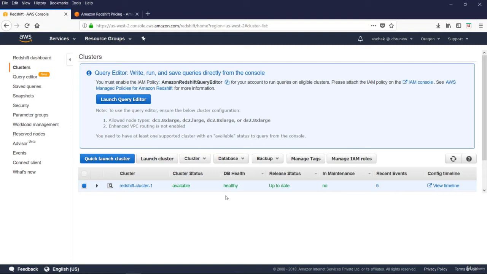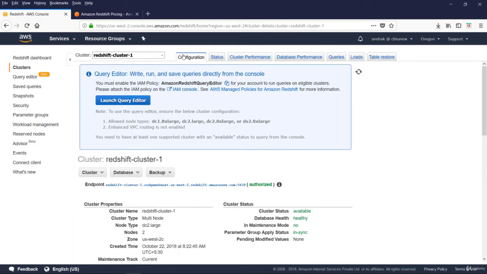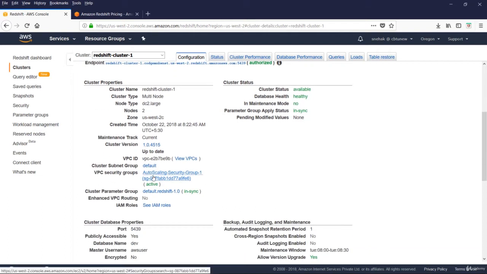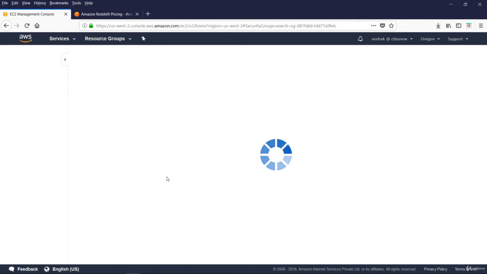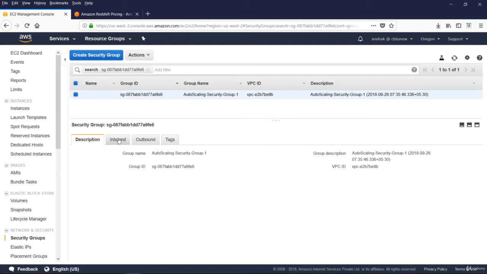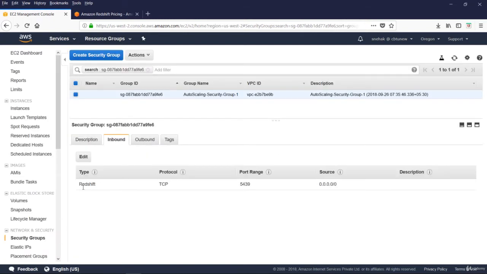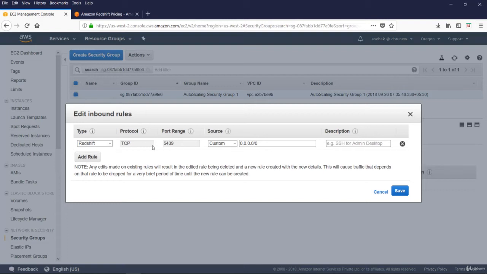Let us configure the VPC security group. We are in the configuration tab of the cluster. Select these VPC security groups. This opens the Amazon EC2 Management Console where you can configure the security groups. Security group, inbound rules. For the port 5439, the type is Redshift, TCP protocol, and source custom source is